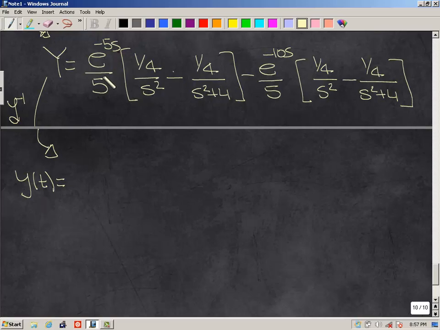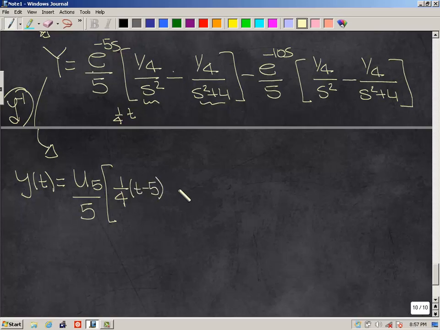Anytime you see an e and you're doing inverse Laplace, that introduces a step function, so you get u of 5 over 5, because that's that 5. Then you take inverse Laplace of each of these and you shift them by 5 units. So 1/4 is a constant, so I'll ignore that. What's the inverse Laplace of 1 over s squared? It's t, so I'm going to shift that. So you get 1/4 t minus 5. Minus,